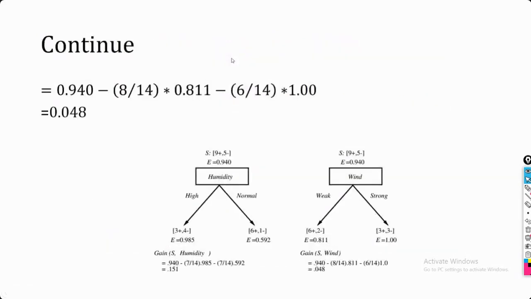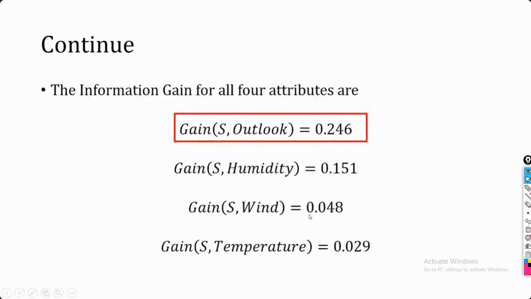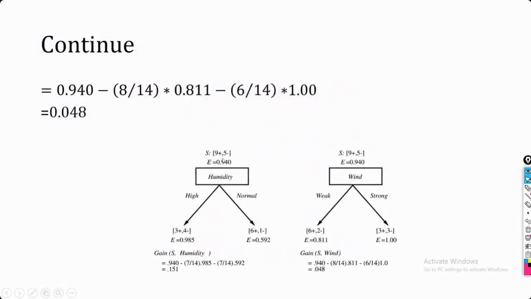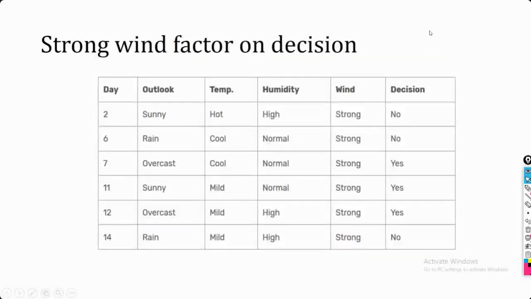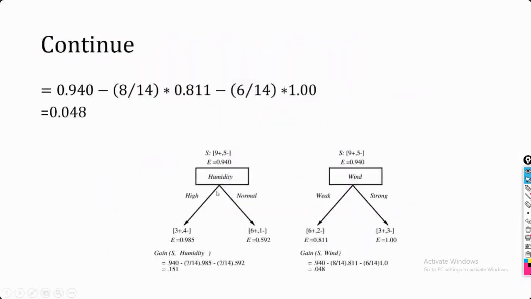So next I'm going to cover the humidity. The rest you can easily calculate. Let's see what is happening. First, as I said, I need to calculate the entropy for the whole data set. Whether you are considering the humidity, the wind, the weather, the temperature, or the outlook, in all the cases this first level part is going to be the same. It's going to be 0.940. So we do not need to calculate it each time; just for the first time you are going to use it.